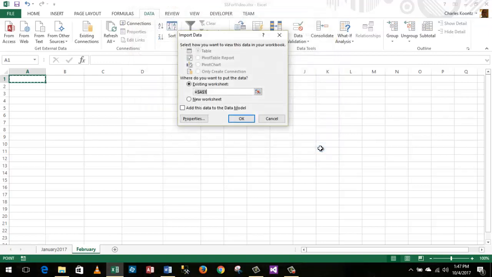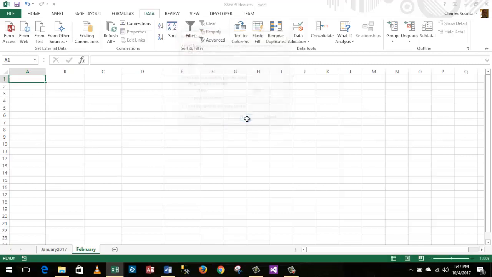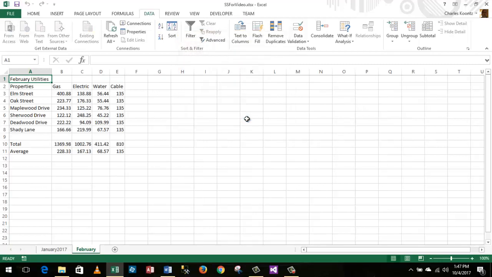And I'll say finish. And then it wants to know, where do you want to begin importing? Well, I put the cell pointer in cell A1 to begin with, so it's suggesting that as the point at which it will begin importing the data, which is exactly what I want. And there's the data, and it looks to the world like the data did previously. Okay, so